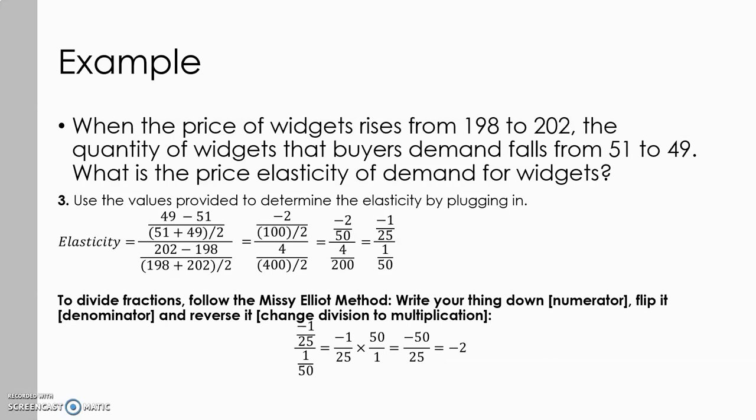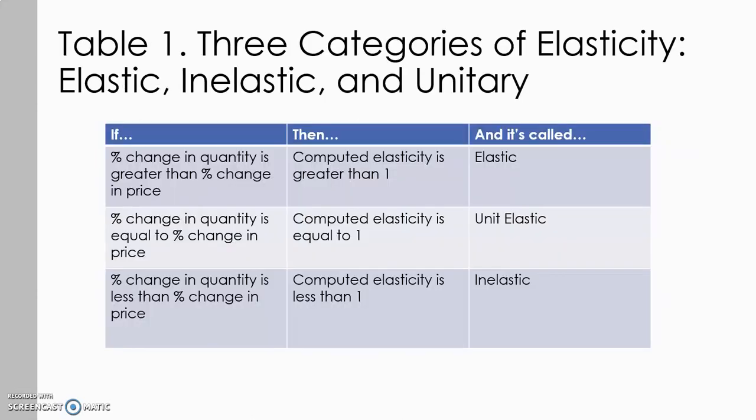Remember that for elasticities of demand, sign does not matter. The only thing that's going to matter is the magnitude of our elasticity. So our elasticity is going to have an absolute value of 2. Going back to our first table, our computed elasticity was greater than 1, so we know that demand is elastic